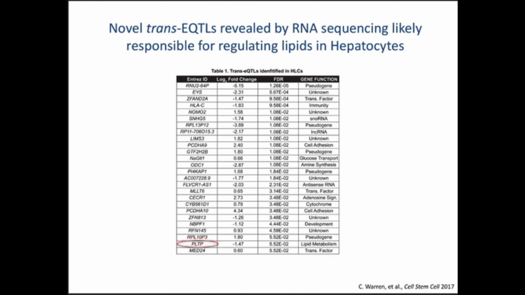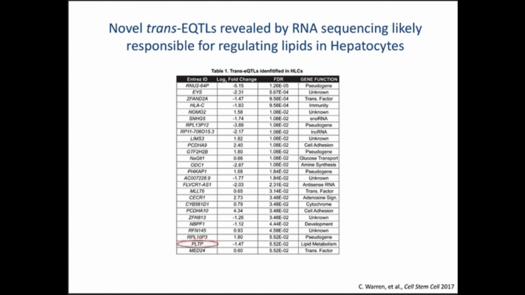Yes? Just out of curiosity, were you able to look at sortilin levels in the iPS-derived hepatocytes by Western blot? I mean, is there a magnitude difference? Yes, and it's in the publication. These days everybody who publishes papers knows you have like 15 supplemental figures, so we have a supplemental figure that shows a Western blot of sortilin, and yes, you can see a protein level difference, an expression level difference. Back in my PhD we used to say if you have to squint, it's not worth it. I still have to squint, but it's probably worth it.